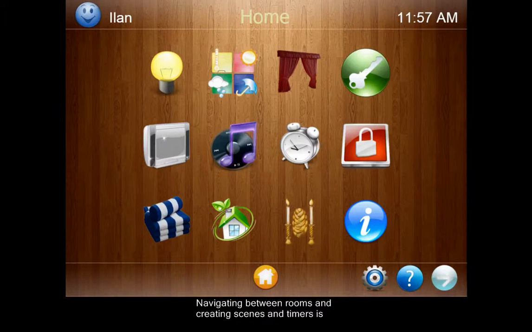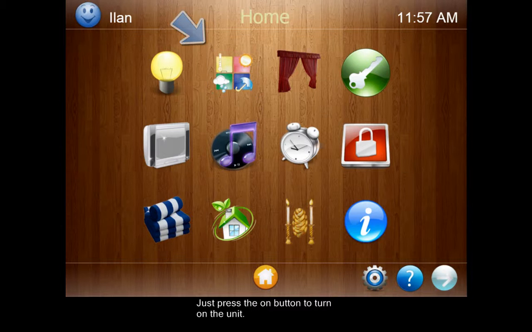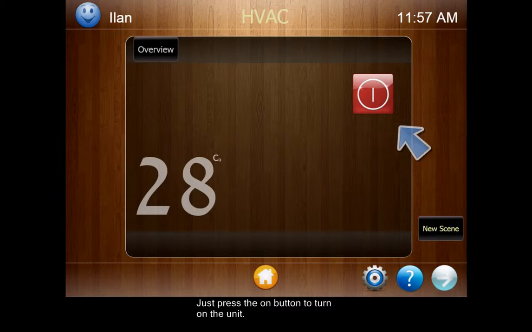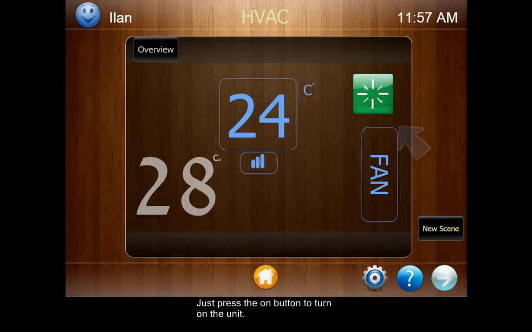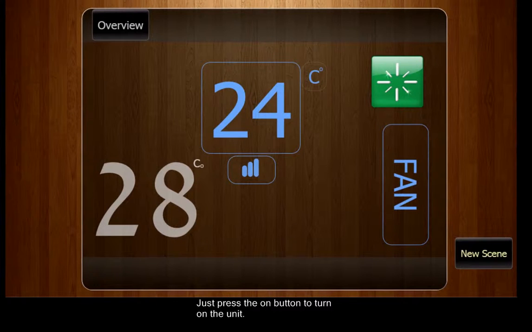Navigating between rooms and creating scenes and timers is the same for all the home systems. So once you have learned to control one system, you know them all. We will now set the home's temperature. Just press on the On button to turn on the unit. As you can see, you could change the room's temperature,